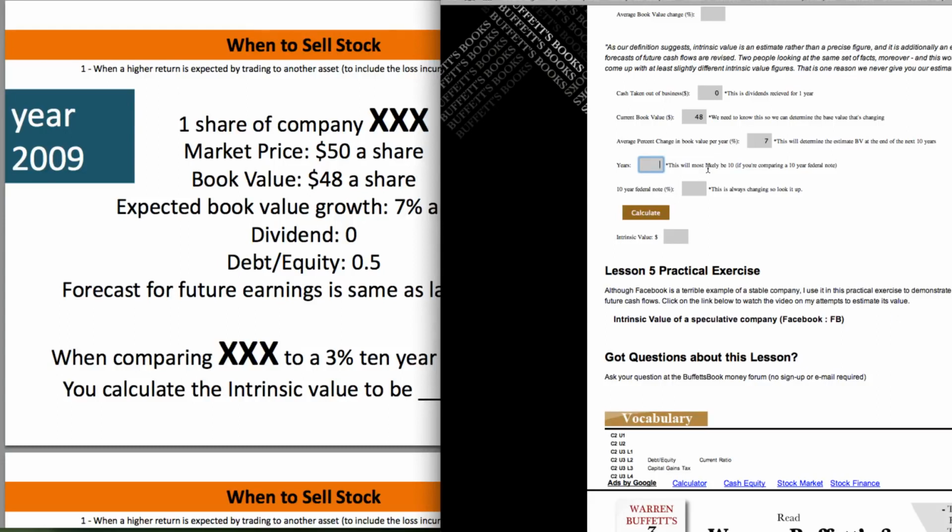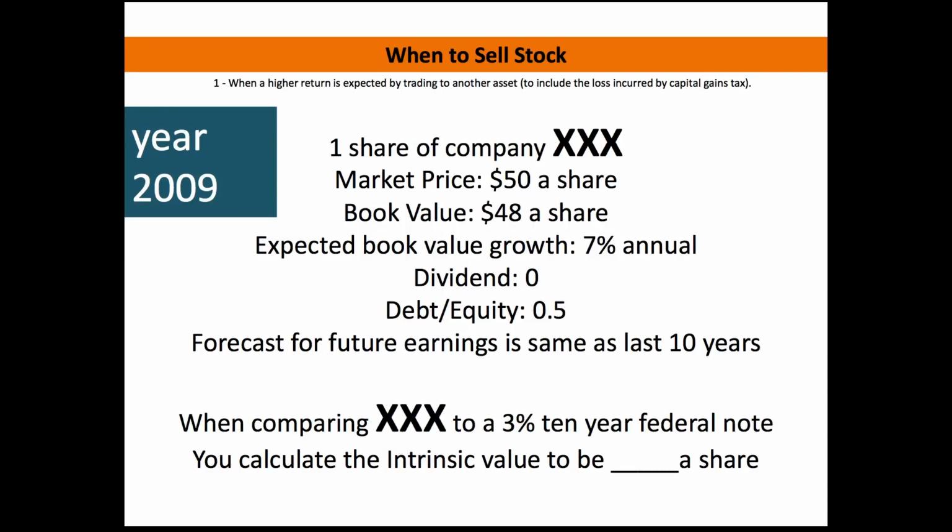And then what we're going to discount it back off of is going to be the 10-year federal note. So it's going to go for 10 years, and we're going to use a 3% federal note, and we're going to calculate the intrinsic value. Okay, and as you can see, we got $70.25. So we're just going to round this off to, let's just say the intrinsic value of this company is $70 a share. Now, if any of what I've just described doesn't make any sense to you, you're probably going to want to go back to the Course 2, Unit 3, Lesson 5